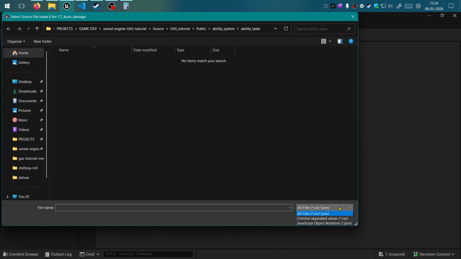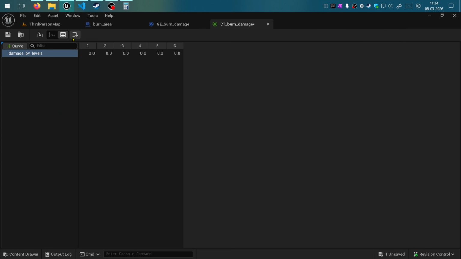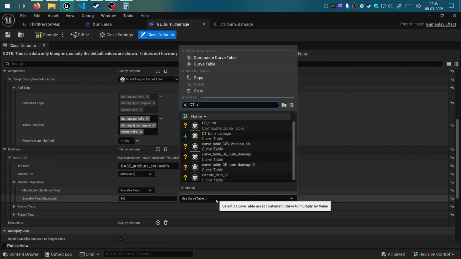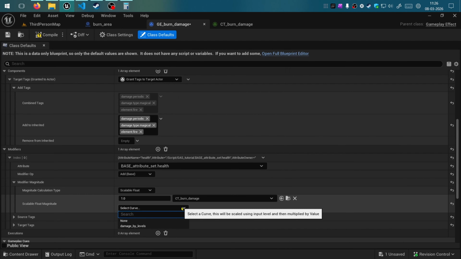We will come to this shortly in an upcoming section of this topic. You can choose to have as many columns as you'd like for your game, and for this example, I will set incrementing even numbers, starting with 2 for each level. So back in your burn damage effect class, you can add the newly created curve table here,